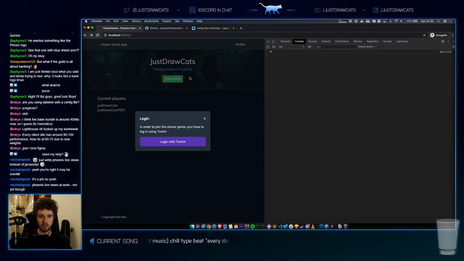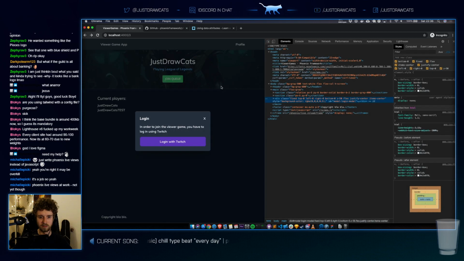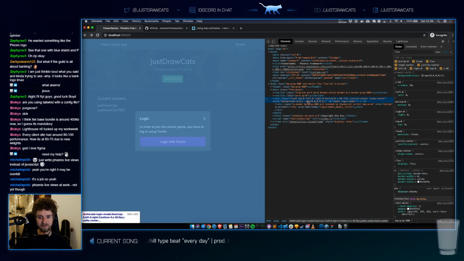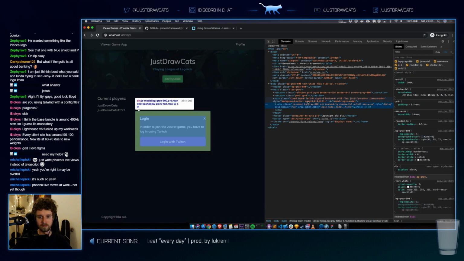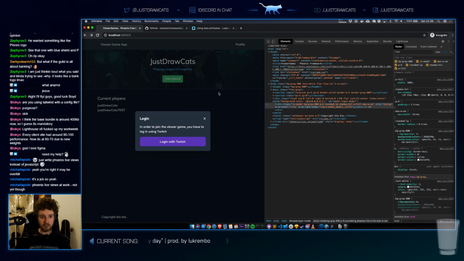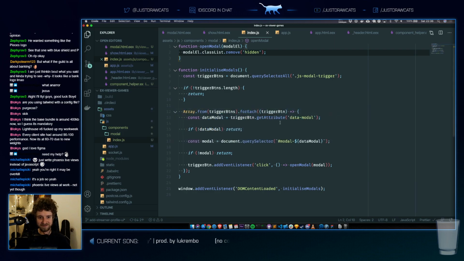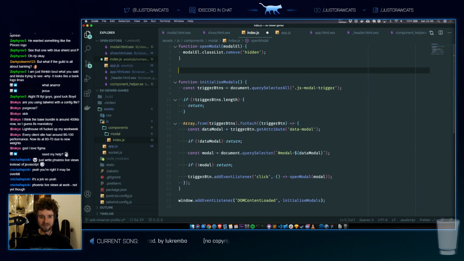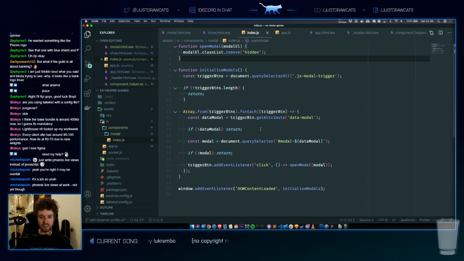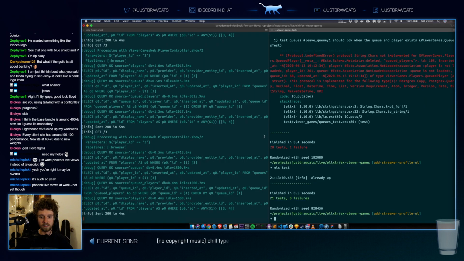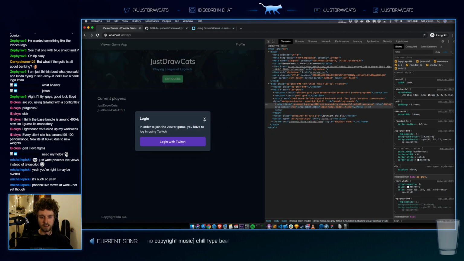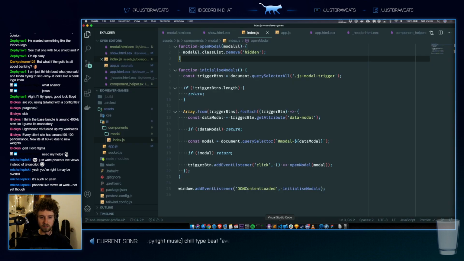This is still clickable though. Okay, so if I click outside of this modal, or I click on this close button.